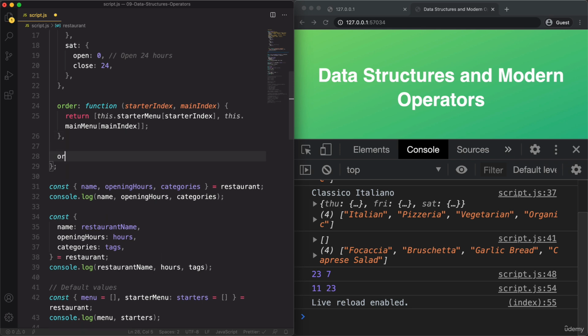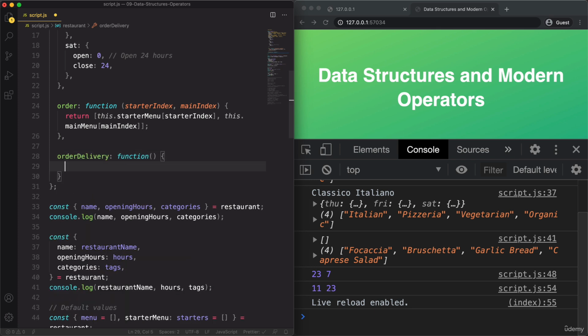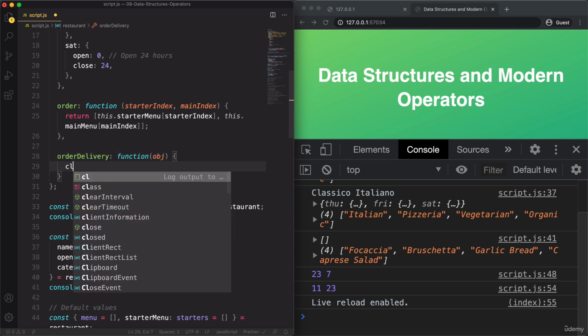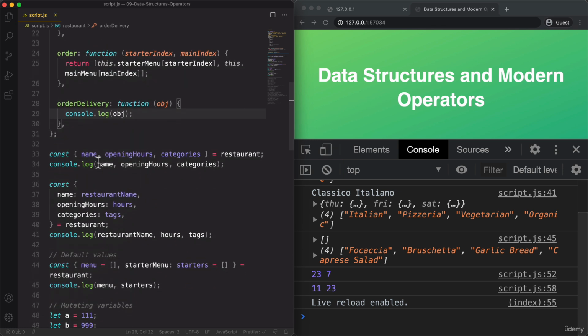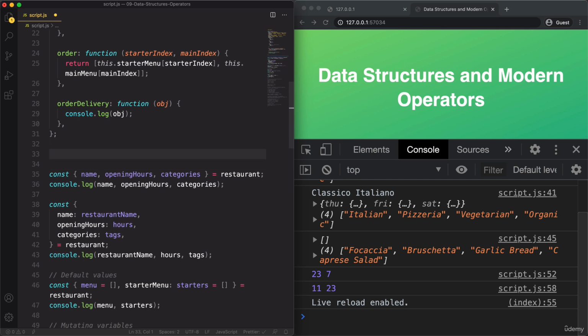And let's say we want an order delivery. So that's a new function. Okay, and so here let's just for now call this argument object, and then I will log that object to the console here. And now let me call this actually. And I will do it right here so that we can see everything at the same time. So that is